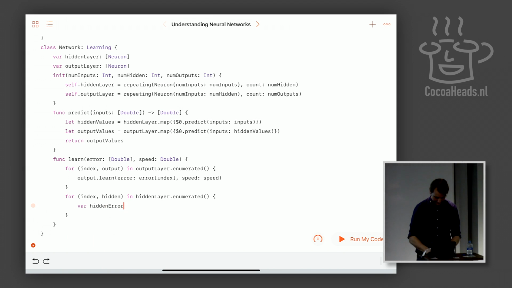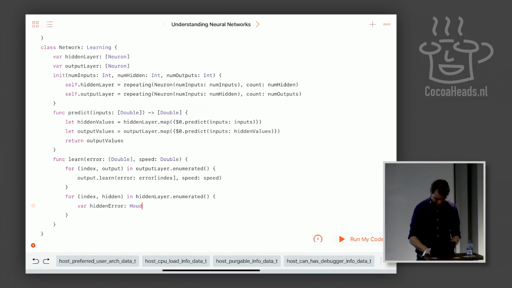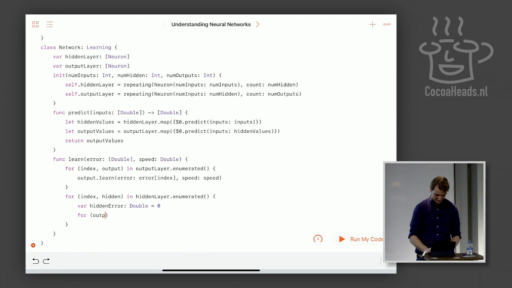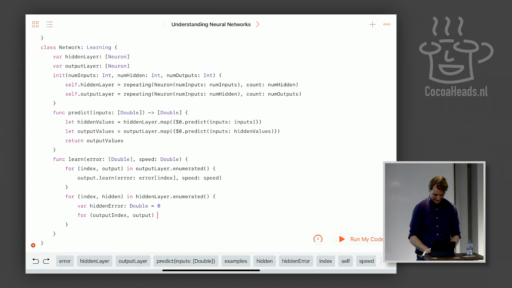So the hidden error is a double that starts at 0, and then for output index, outputs in output layer dot enumerated,